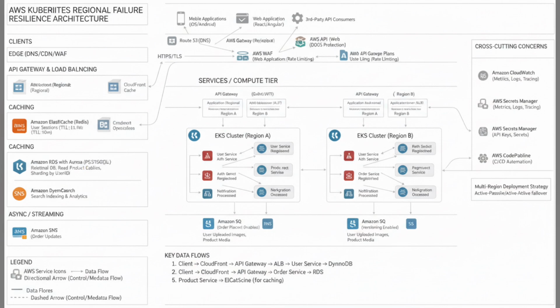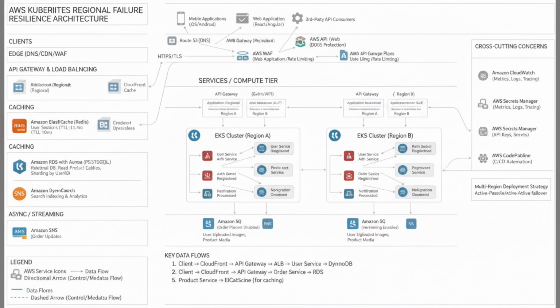Requests are then processed by our API gateway, which serves as a central point for routing, authentication via AWS Cognito, and has built-in rate limiting using AWS API Gateway usage plans. Each region has its own ALB for local load distribution. Our core services are hosted within a Kubernetes cluster on Amazon EKS, where multiple microservices operate. These include the user service for registration, the auth service for authentication, the order service for managing customer orders, the product service for inventory, the payment service for transactions, and the notification service for alerting users. A background worker service handles asynchronous processes.